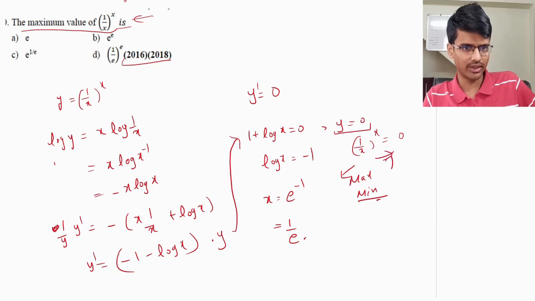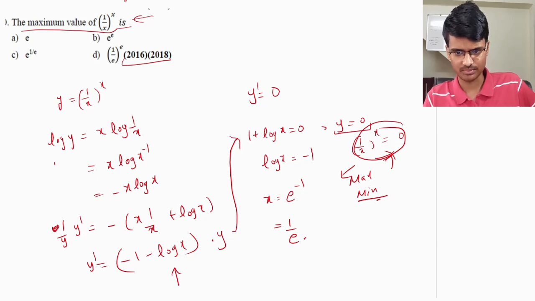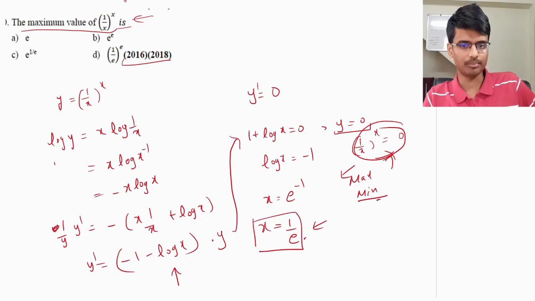So we cannot take this condition. We'll just ignore this condition. It is going to get lengthy. If I just take the first condition, okay, so taking the first condition, we are getting x equal to 1 by e. So I'll just substitute, but at this point,